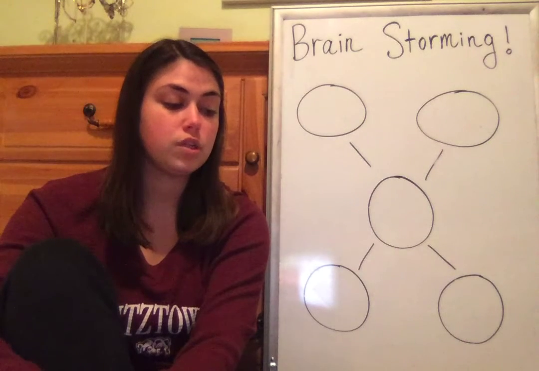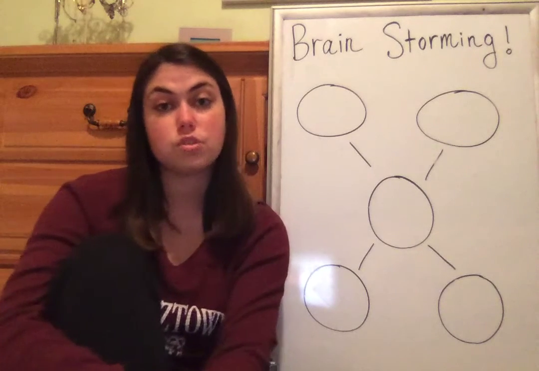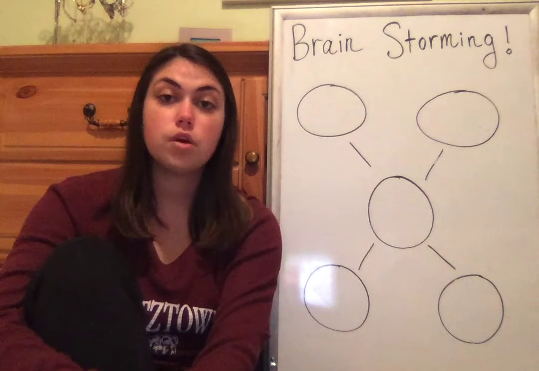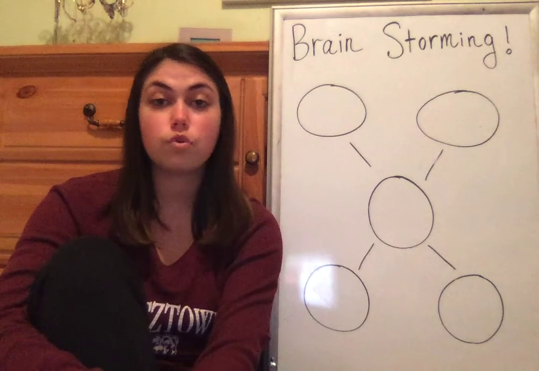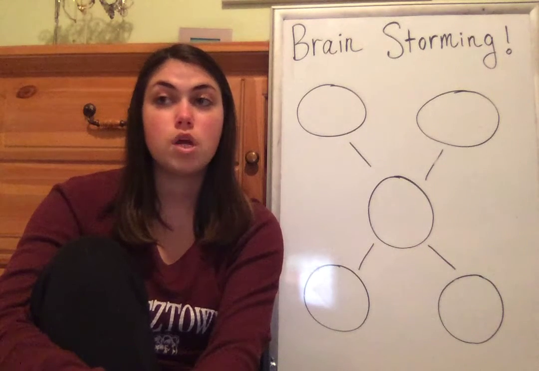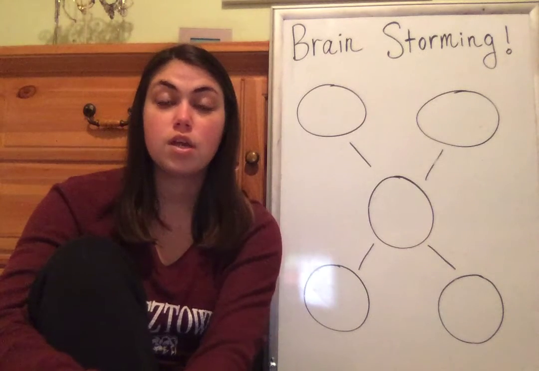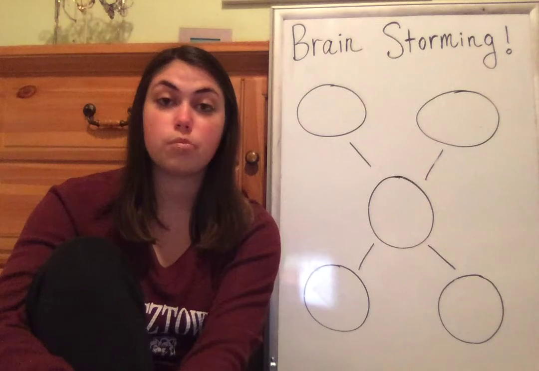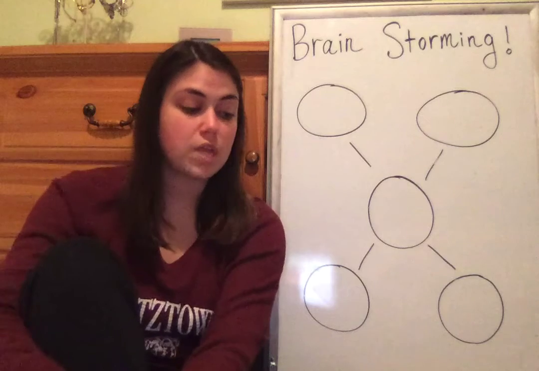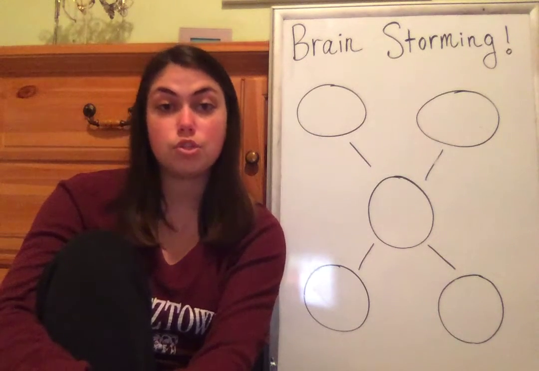So a child who would really benefit from this activity is a child struggling with comprehension skills. If you're noticing as a teacher that the child is having a hard time listing events that happened in a story or fully understanding what the story was about, this can really help them to get some background information in their mind before reading, and hopefully that helps them to get a bigger picture after the story and create a better understanding. So, now that I have told you that, I'm going to demonstrate how I would use this